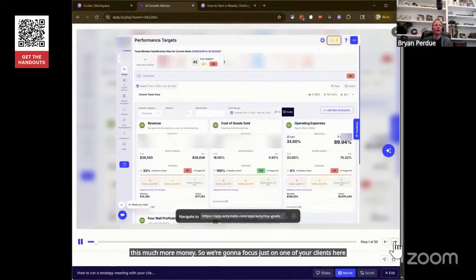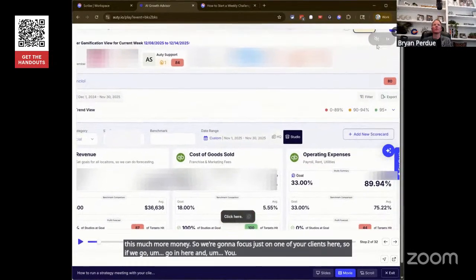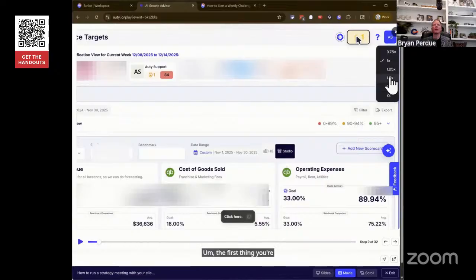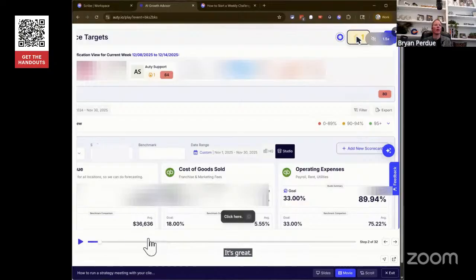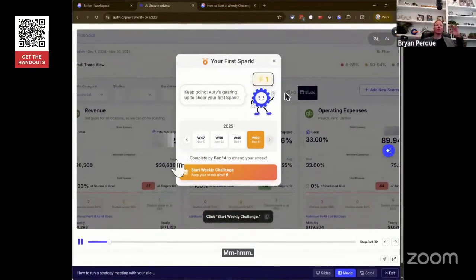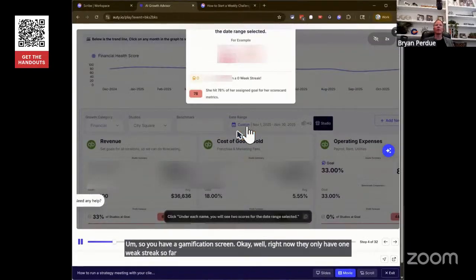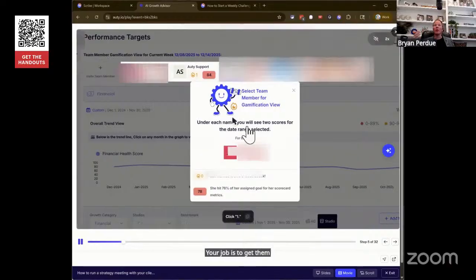So if we go in here and you go to the filters up here. The first thing you're going to do when you meet with a client is review their gamification, right? So let me speed this up a little bit, I don't think we have much time. So you have the gamification screen. Right now they only have a one week streak so far. They only did 1 week. Your job is to get them to do many weeks,